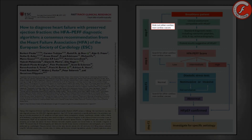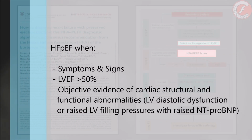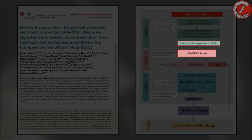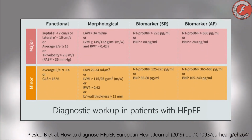In this way, and ruling out all of the above, we can suspect heart failure with preserved ejection fraction when there are signs and symptoms of heart failure in a patient who presents elevated proBNP values despite having a normal left ventricular ejection fraction, as long as the existence of a concomitant structural or functional cardiac abnormality can be demonstrated. But what alterations are we talking about? Very simple. We are talking about left ventricular diastolic dysfunction and the rest of the alterations described in the pathophysiology